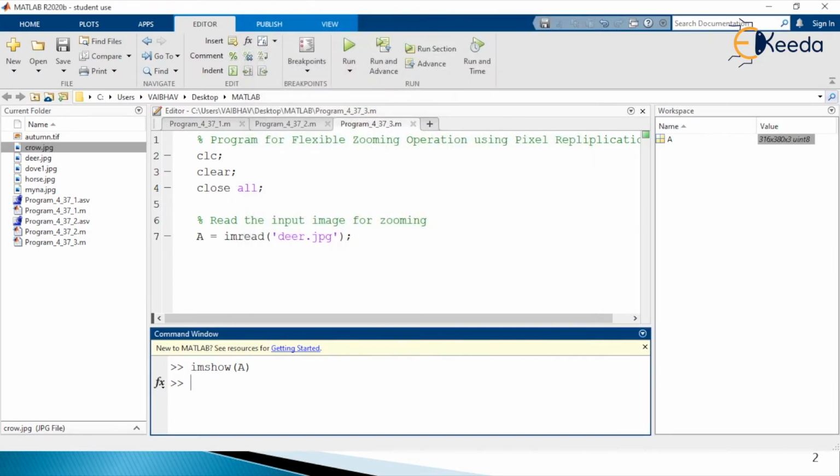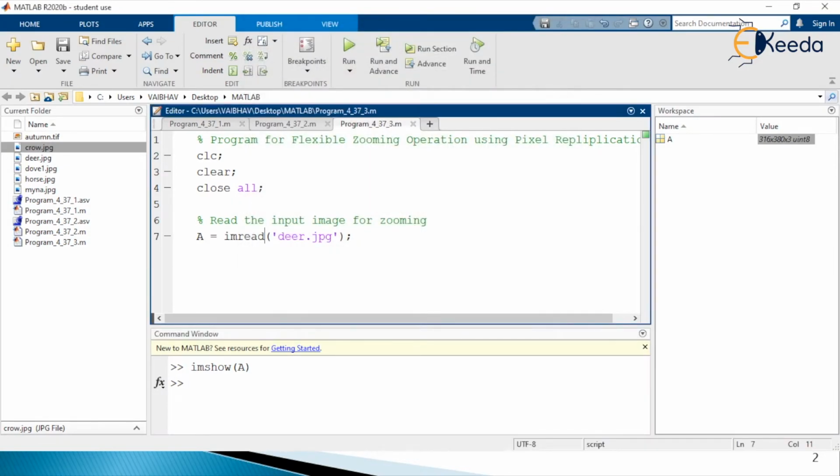and now we continue the MATLAB programming for carrying out the flexible type of zooming operation here. As we have the color image here, first of all I will go to the grayscale level of the input image. For that purpose, let us have the same variable to hold the grayscale information.